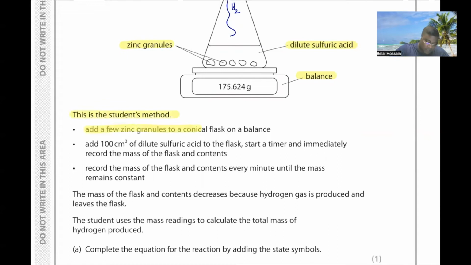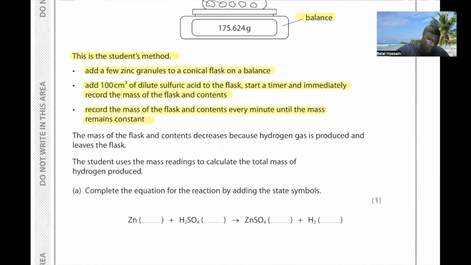Add a few zinc granules to a conical flask on a balance. Add 100 cm³ of dilute sulfuric acid to the flask. Start a timer and immediately record the mass of the flask and content. Record the mass of the flask and contents every minute until the mass remains constant, meaning all the hydrogen is